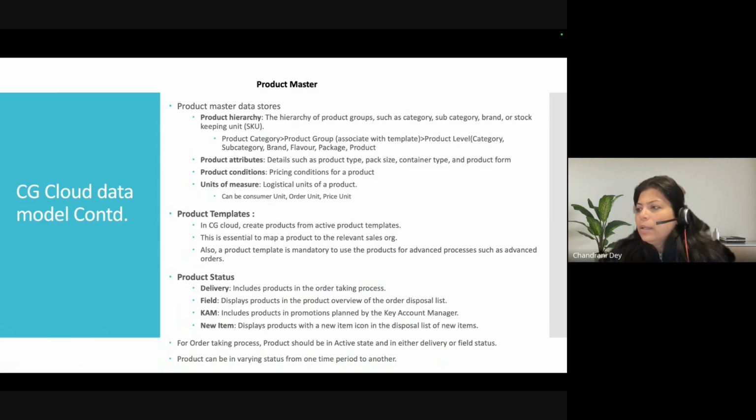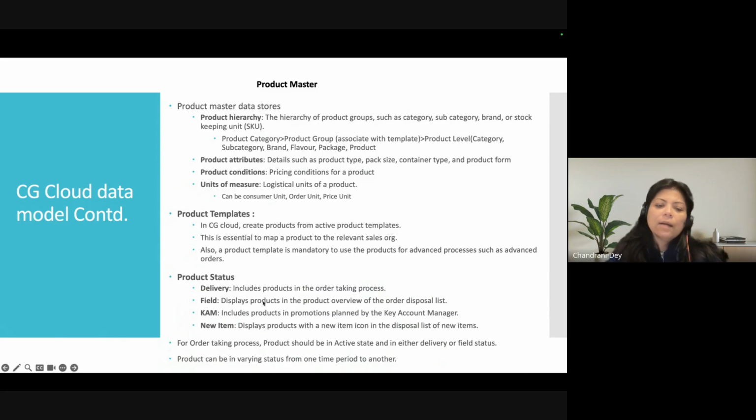Maybe the parent product is Alpine summer drinks, and it might have a template called Alpine energy drinks, and the category might be beverages. I'm just trying to give you some example of data which you will anyway see in your org as well. So product templates and product we have gone through.